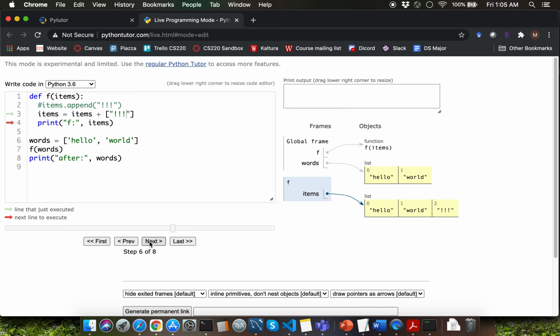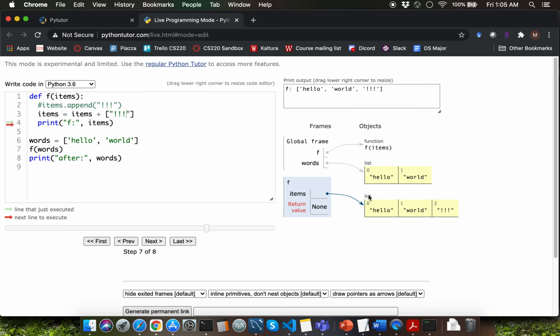So now when I click on next, line 4 is going to display all 3 items here, which are hello world and triple exclamation point. After the function call f completes, the entire frame along with any of the object instances which only have a reference within the function call frame will get deleted.